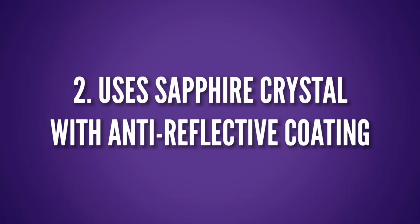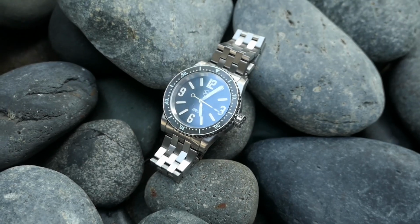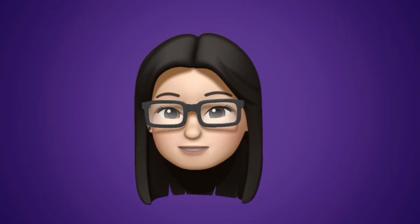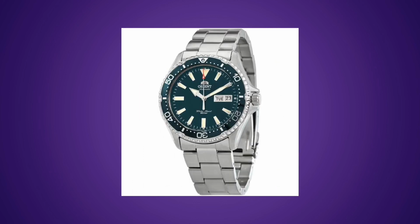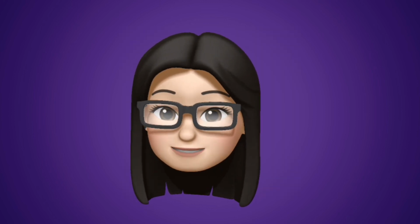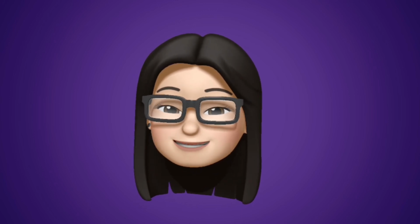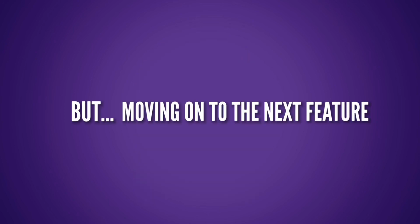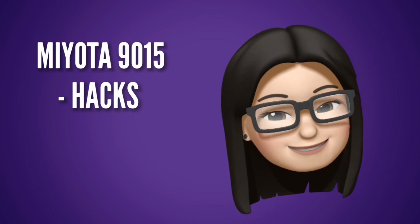Number 2, it has a flat sapphire crystal with AR coating. Yes, you can get those on other homage watches, but what if you're like me and you don't want an homage dive watch? The other choices in this price range are the Seiko SKX or the Orient dive watches, and they only use hardlex or mineral crystal, which is not as scratch resistant as sapphire. To be fair, there are other dive watches in the same price range with original designs that also use sapphire crystal, but moving on to the next feature,